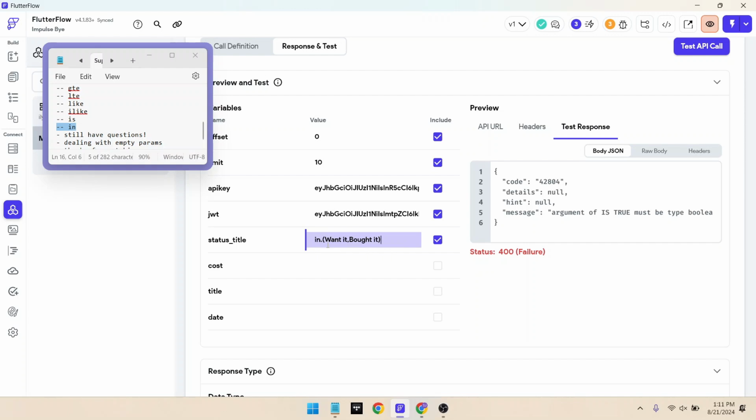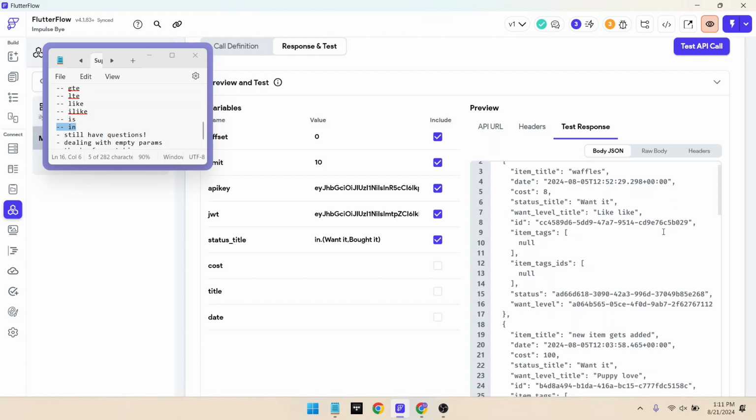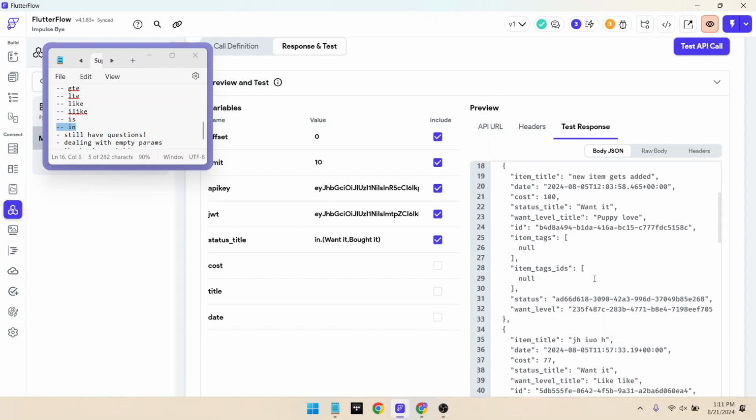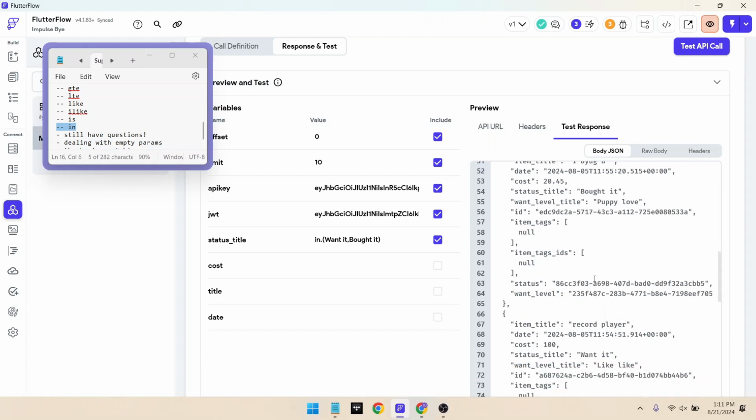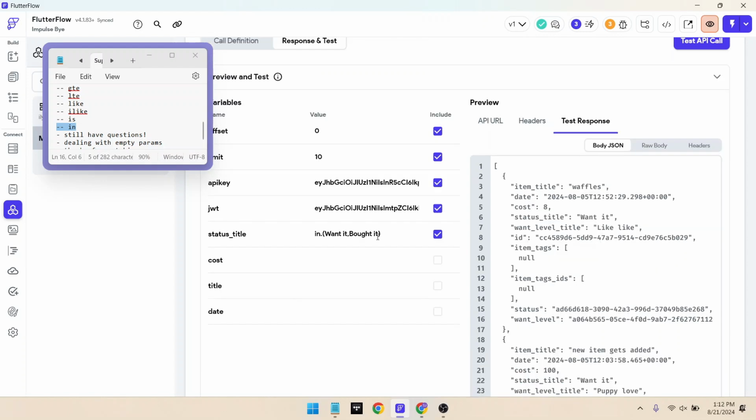So there's an open paren, first value, comma, and the important thing is that there's no space here. And then the second value, and then end parentheses. Because if you put a space here, it includes that as the value that it's looking for, so it won't match. And then if we test our API call, you'll see we have a wanted, oh, there's going to be a lot of wanted. Oh, there's a bought it. But yeah, that's how you use in, and I'm pretty sure you can pass in as many values as you'd like here,